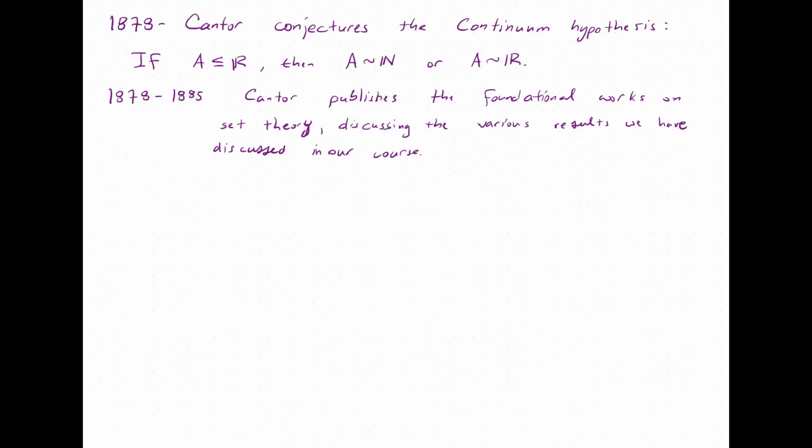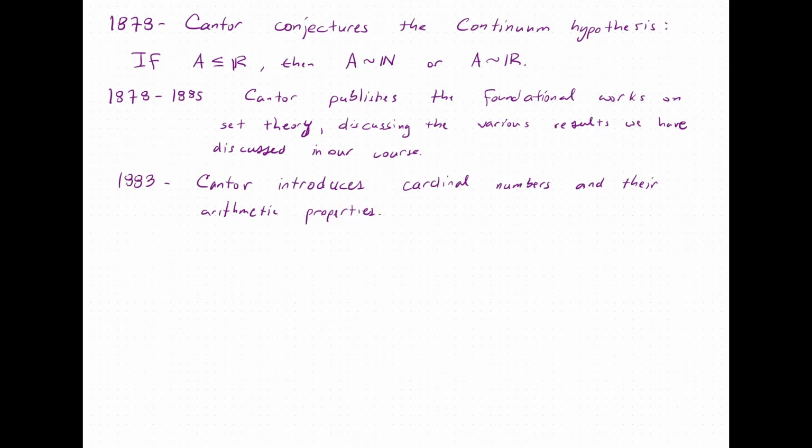And so we really, in this course, have been working through Cantor's collective papers that spanned 13 years. In our last lesson, I introduced cardinal numbers. This was something that Cantor introduced in 1883, alongside their arithmetic properties. So we mentioned that we have sort of a less than notion, less than or equal to notion for cardinal numbers. Cantor went further, putting arithmetic on cardinal numbers. So how does one add cardinal numbers and ordinal numbers, which we have not discussed?